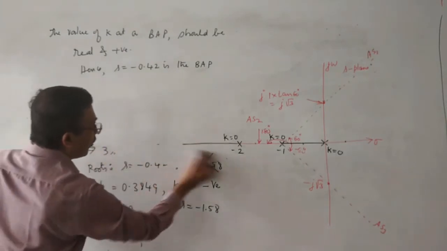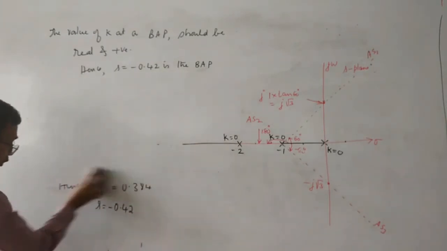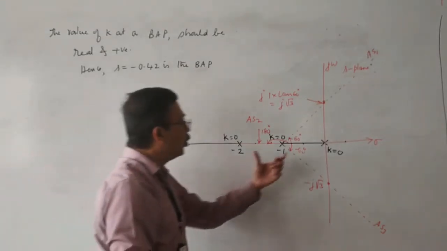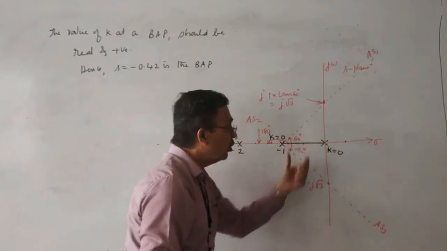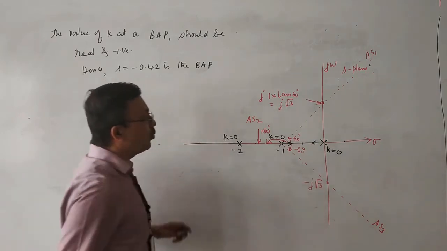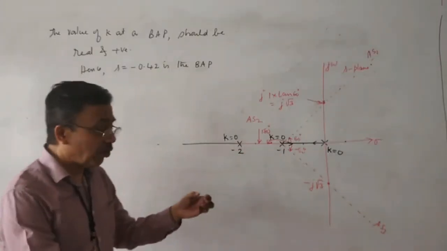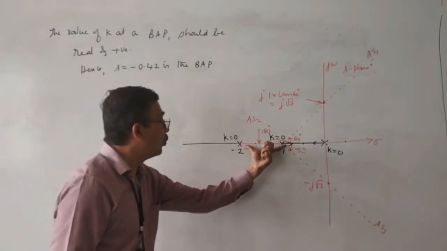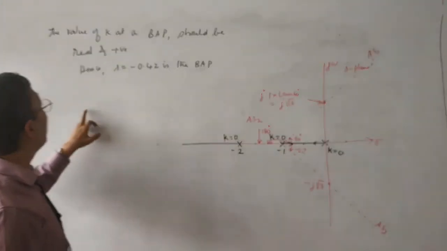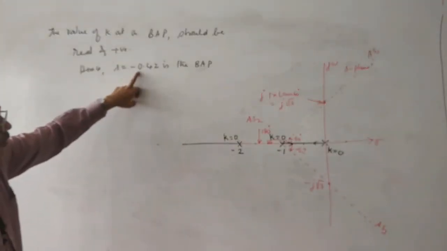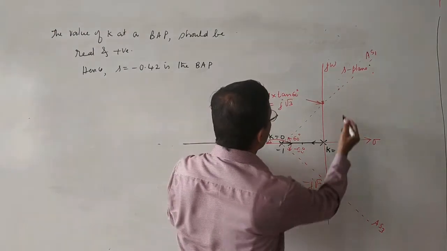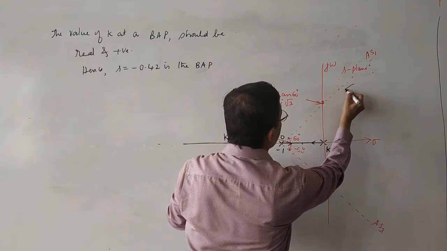Now, I am going to visualize how the root locus looks. Between these two poles, we have got root locus. These two poles will move towards each other. You can ask me a question, why these two poles cannot move away from each other? Because between these two poles there is no root locus. These two poles meet at a point, that point is the breakaway point, which is minus 0.42. They will meet at the breakaway point, then they will go parallel to these asymptotes. I draw the root locus and then explain it to you.